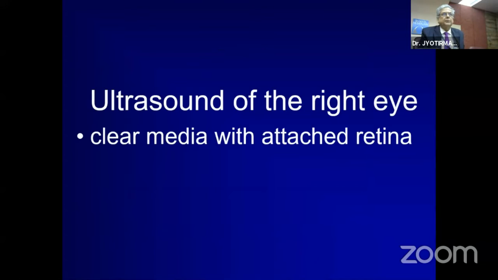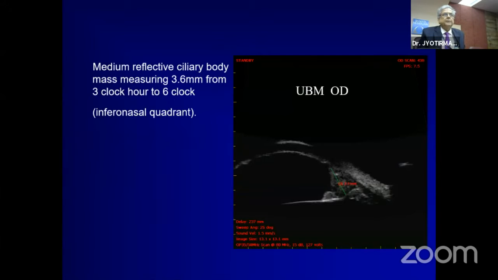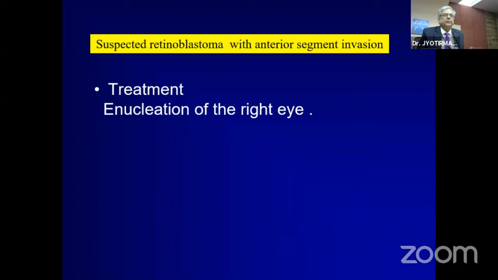At this point of time, we did an ultrasound of the right eye. It did not show retinoblastoma, clear media with attached retina. But UBM showed a medium reflective ciliary body mass of 3.6 millimeters from 3 o'clock to 6 o'clock. We suspected at this stage that there is something wrong and there might be a tumor in the eye, and retinoblastoma was our first diagnosis. We did enucleation of the right eye due to the extensive involvement of the anterior chamber,